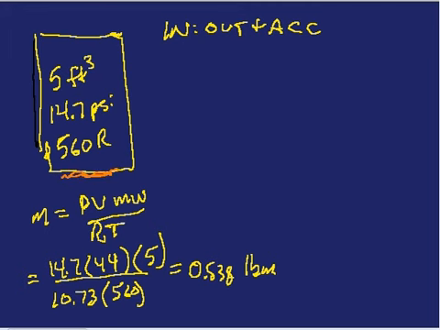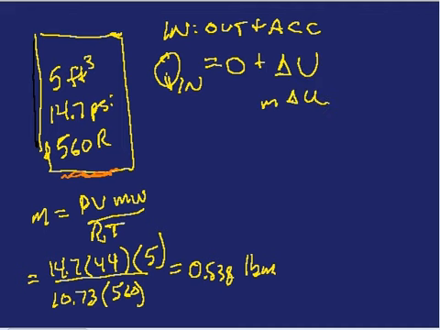So in is Q, out is 0. Accumulated is delta U, which would be m times delta u, lowercase, which is equal to the mass, 0.538 pounds. Delta u for an ideal gas is CV delta T, so that's 0.16 times